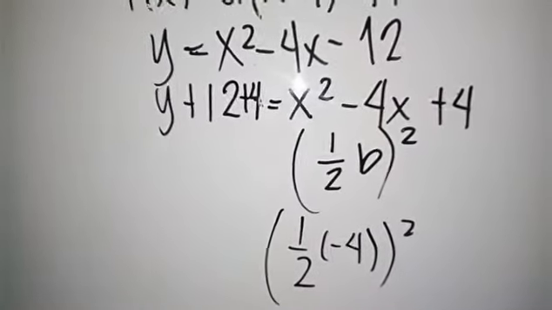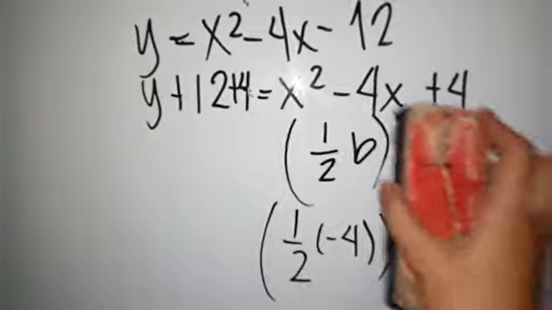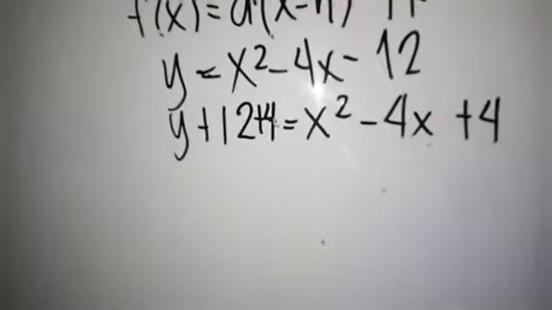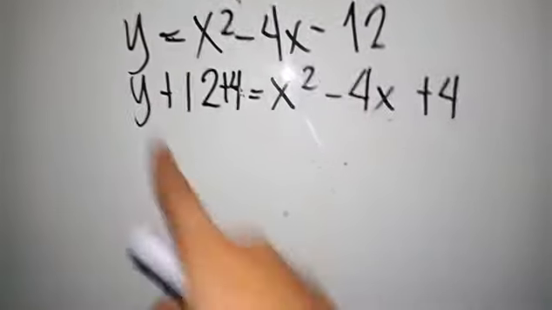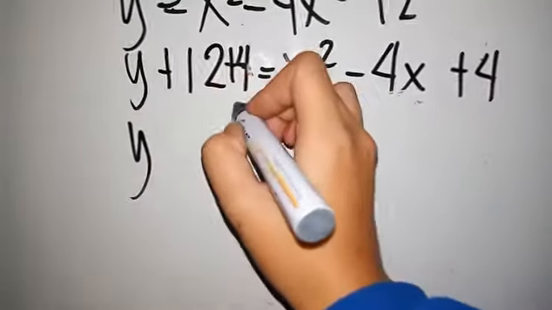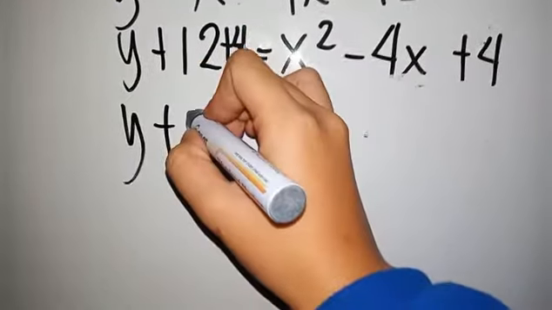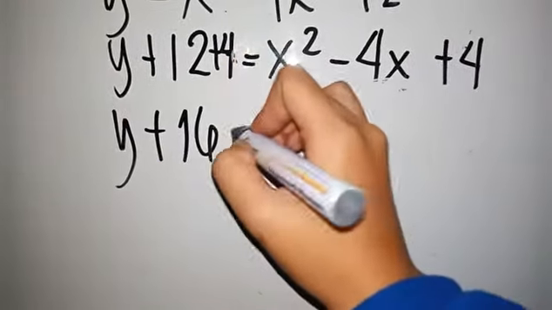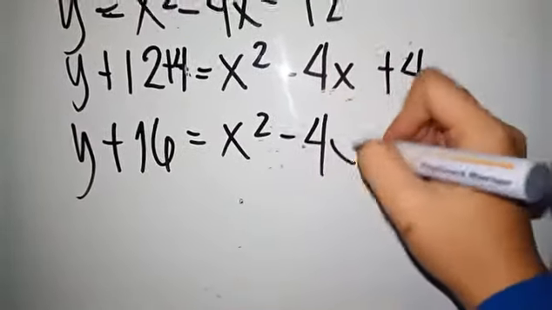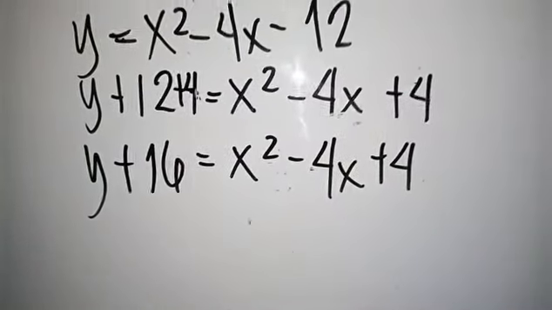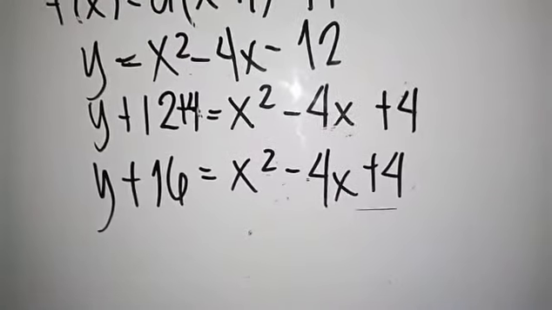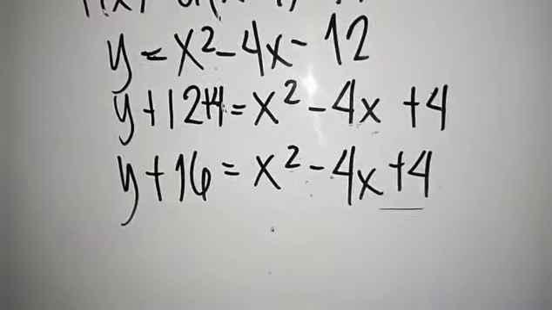Then, isi-simplify lang natin ngayon itong side na ito. So, burahin muna natin ito. Okay, so we have now y plus 12 plus 4 will give us positive 16, then is equal to x squared minus 4x plus 4. So, ito ngayon ay perfect square trinomial na siya. So, ngayon, gagawin natin siyang